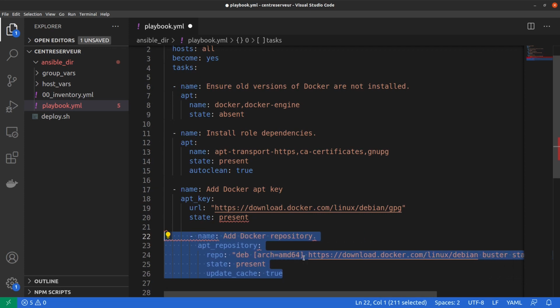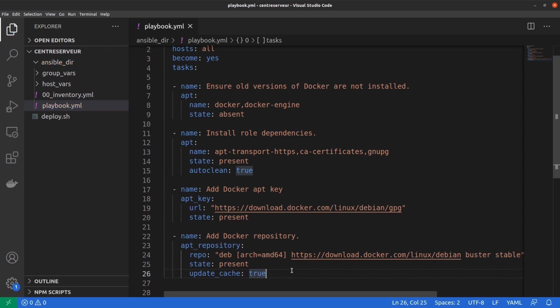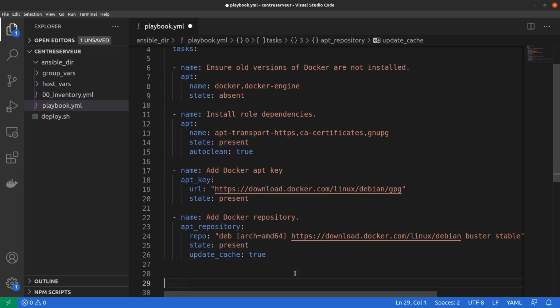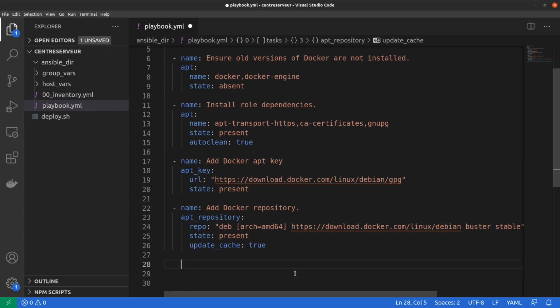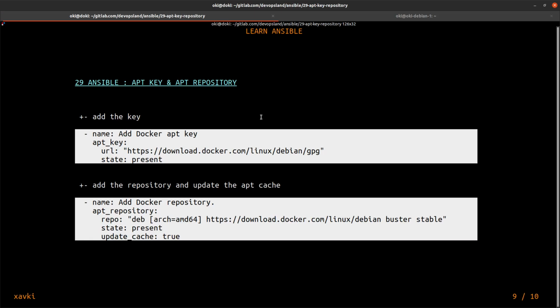First task to add the key, and second task to add the repository. This is the repository for the Buster version of the Debian distribution. The state is set to present, and we want to do an update cache after the installation.